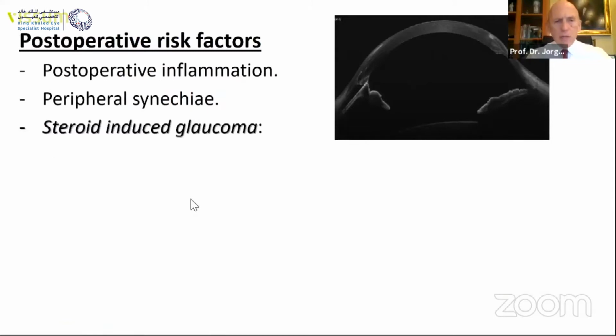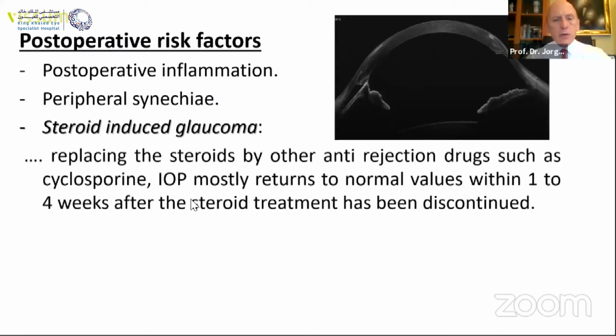Postoperative risk factors are, number one, inflammation, but number two is the appearance of synechiae, like those in the image. These synechiae can happen because of reasons related to the immediate post-op or to issues that happened during the surgery. You have steroid-induced glaucoma as the main reason for postoperative risk, and it has been demonstrated that you eliminate these steroids and substitute them with